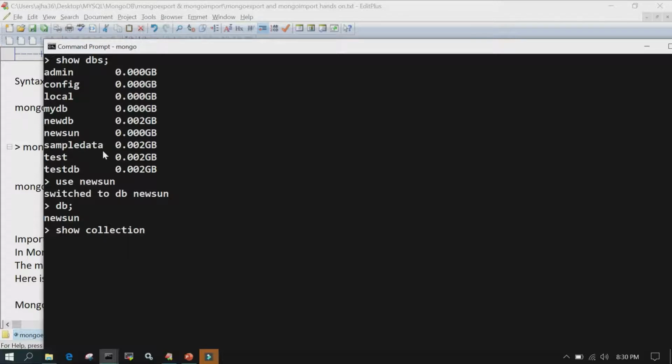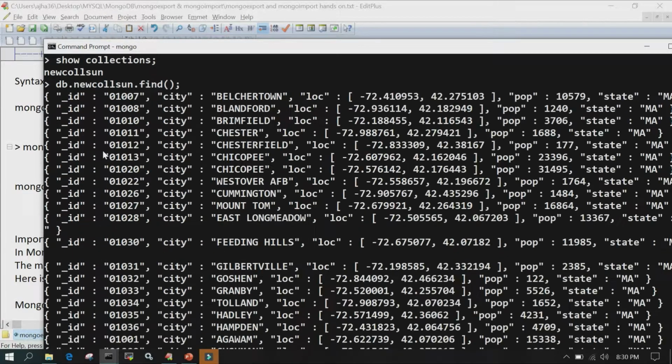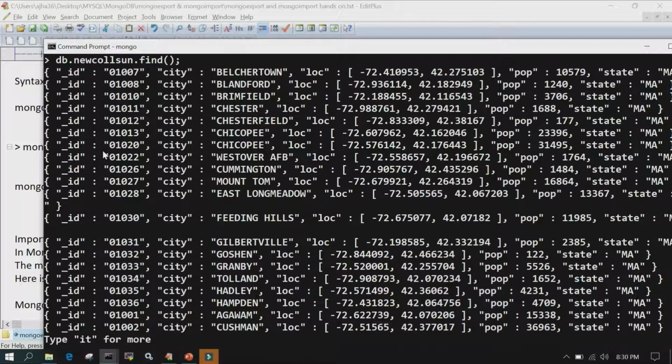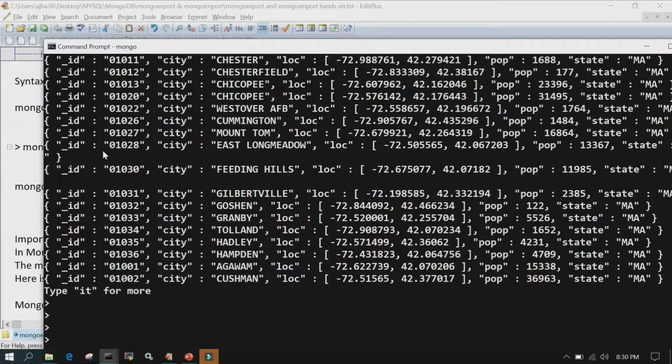So the database is also created, and the collection is also created. You can say db.newcollsun.find, and in case you wanted to see, you will be able to see that records have been populated. So mongoexport and mongoimport are very good utilities when we are going to deal with the collections,